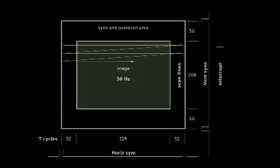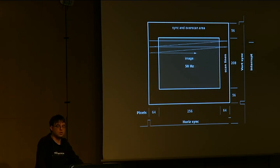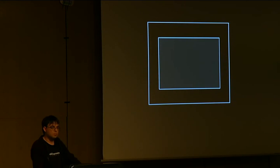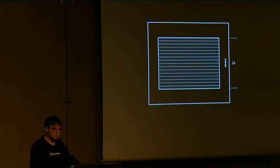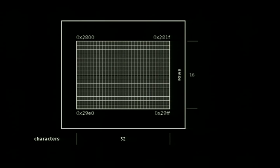The CPU runs synchronously with the electron beam. You get 32 clock cycles in the left overscan area, 128 cycles in the image area for each scan line, and again 32 clock cycles on the right. The pixel clock is 2 times the CPU clock, which means you draw 2 pixels on the screen per 1 clock cycle. The built-in video driver divides this area into 16 rows by 32 characters and uses a frame buffer